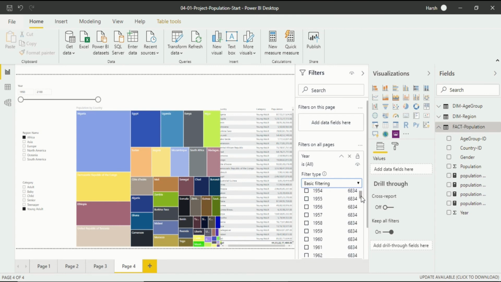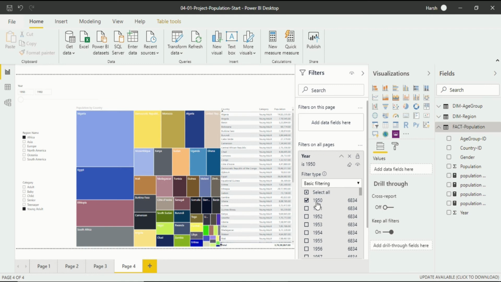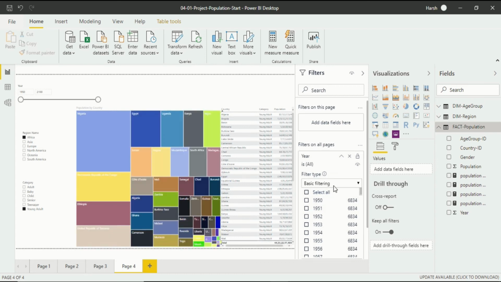You will see all the values available in the filter section in basic filtering, like 1950, but it will take a lot of time to go from 1950 till 2000. If my data is less, I will use basic filtering, otherwise it's of no use. So I will go again into advanced filtering and I will apply the changes in advanced filtering only.